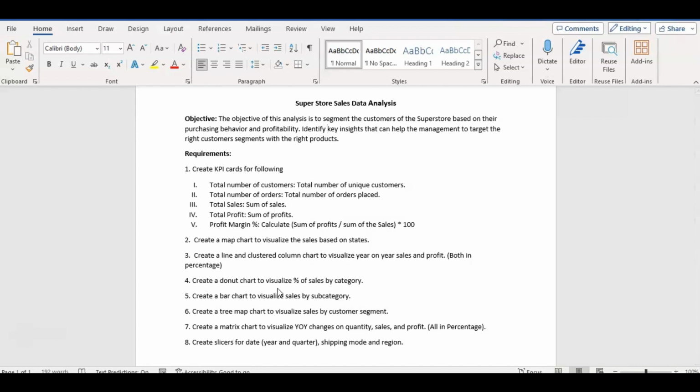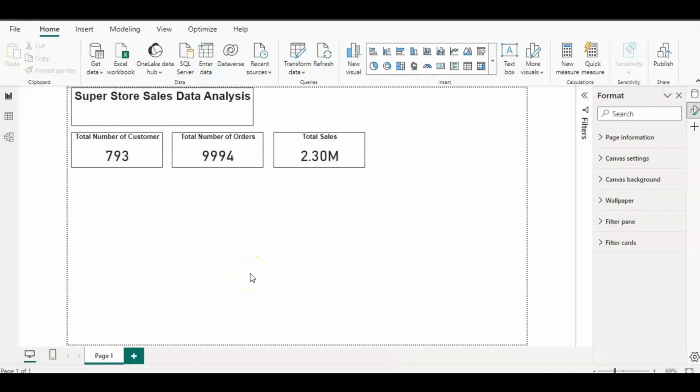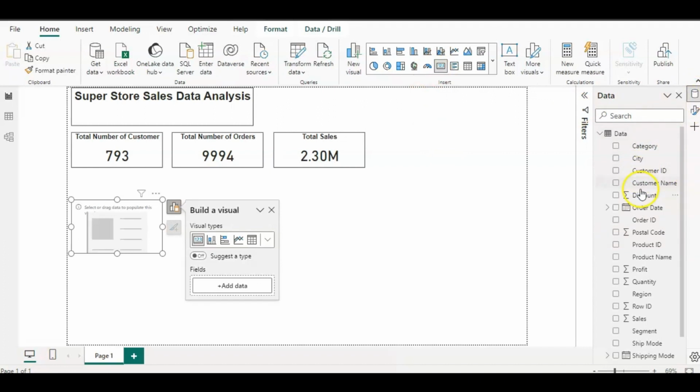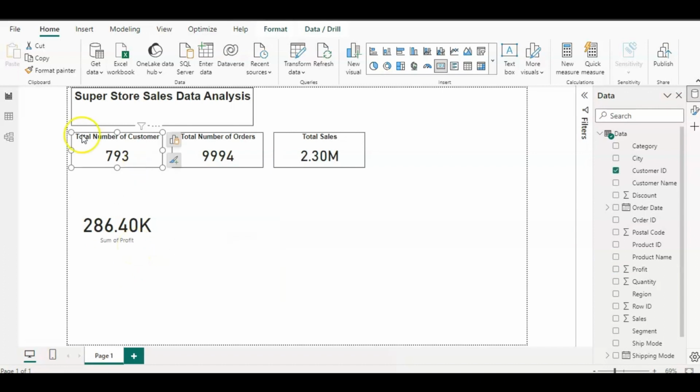Go back to our Power BI, click anywhere in the canvas, then go to Home tab, then Insert, then this card, then go to Data pane. We need sum of profit, so click over here in profit field. We got the sum of profit over here, then customize the chart, select the first KPI card, then go to